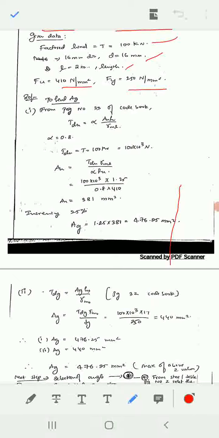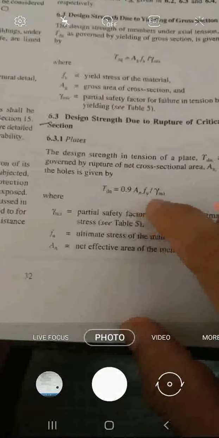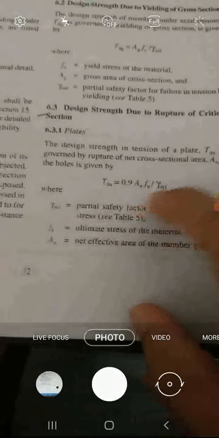Now first we'll go with the page number 33 of code book, where TDN is equal to alpha AN FU by gamma m1. That formula is there in the page number 33. I'll show here, page number 33. This is yield stress. Now here we have TDN formula 0.9 AN FU by gamma m1. TDN is equal to 0.9 AN FU by gamma m1. This is for plates, right? For design